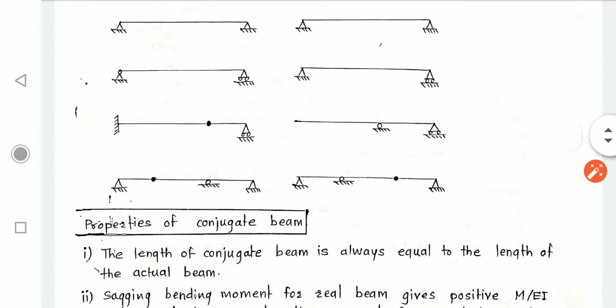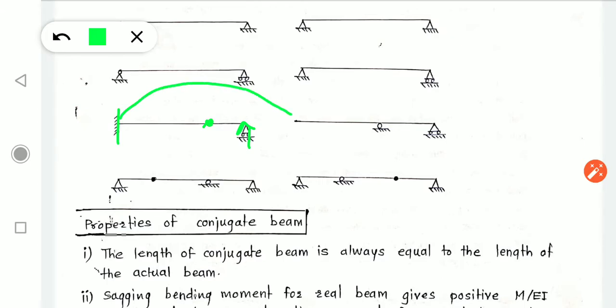Next, if I say there is a fixed end and at the other end it is simply supported, it means that this beam is a propped cantilever along with an internal hinge. At that time, the fixed end becomes free, the roller remains roller, and this internal hinge turns into an internal roller. Internal hinge turns into what? Internal roller. So the thing we should note from this case is, if there is an internal hinge, it will turn into an internal roller.